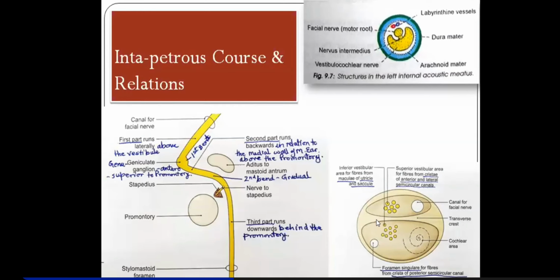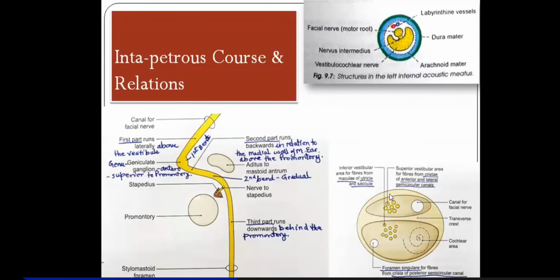Let me ask you, it must have been taught to you in physiology in detail. The first, second, and eighth cranial nerves are taught in detail in physiology. So the sensations of dynamic balance, kinetic balance, and static balance. The receptors for static balance are brought in through the macula, right? Macula present in the utricle and saccule. And there is kinetic balance. This is brought in through the crista of the semicircular canals, right?